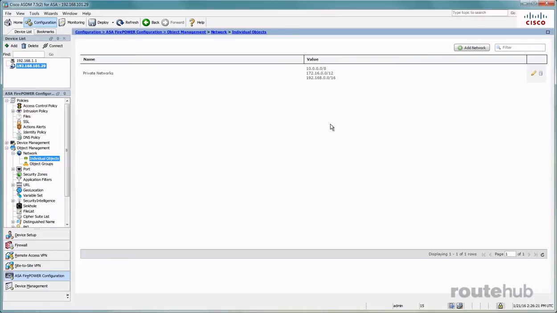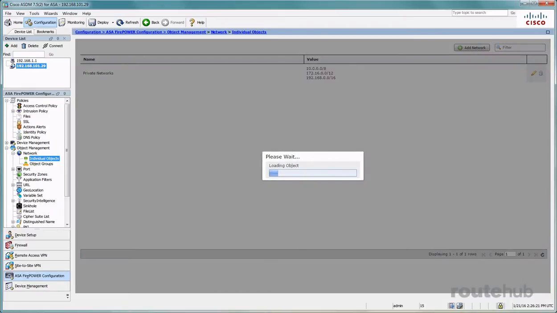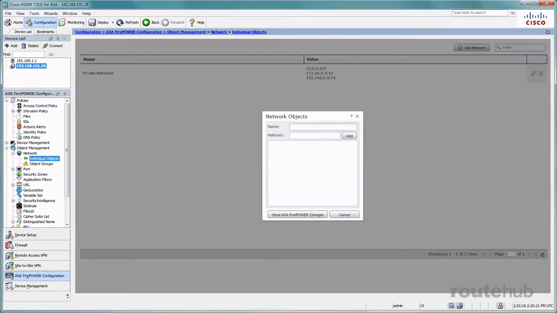So what we're going to do is we're going to add 3 new objects. One for our user networks, one for our guests, and one for our server networks. So to do that, we're going to click on Add Network here at the top. We're going to first enter a name for this, something like RH, our company name, User Networks. And then from there, we're going to add each user network to this object. So to do that, we're going to go ahead and type in our user network of